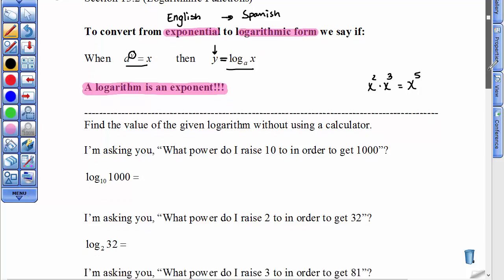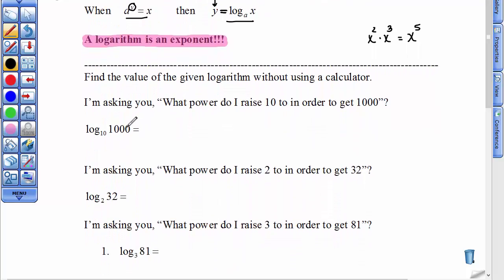So if I'm asking you to find the value of this expression right here, I'm asking you to say 10 has to be raised to what power? Because remember, a logarithm is a power. 10 has to be raised to what power in order to get 1,000? So sometimes you can type these on your calculator, but I'd like you to kind of think through this and say, well, gee, 10's got to be cubed in order to get 1,000,